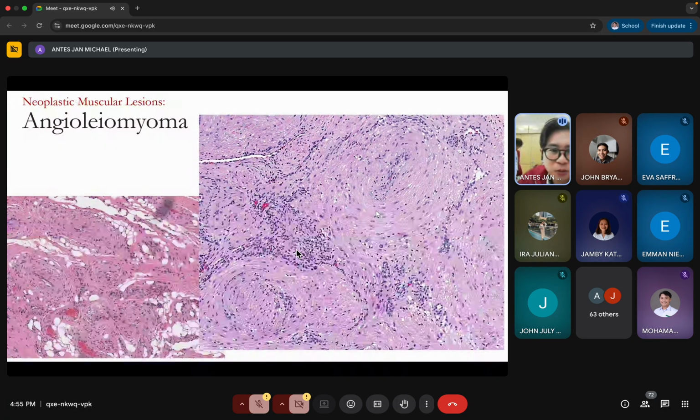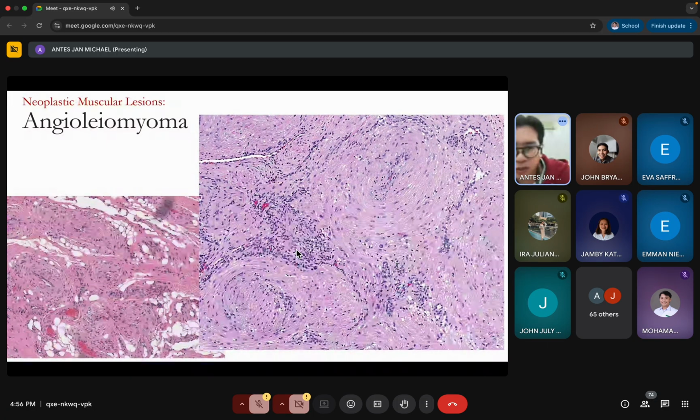Okay, and at the same time, those are smooth muscle cells. They continue to merge as part of the stroma. So you cannot really see where the background is or where all the other cells are, because the tumor has already fused together with all of the structures that surround the blood vessel. But it's very easy to diagnose this kind of lesion, this angioleiomyoma, because once you see it in the